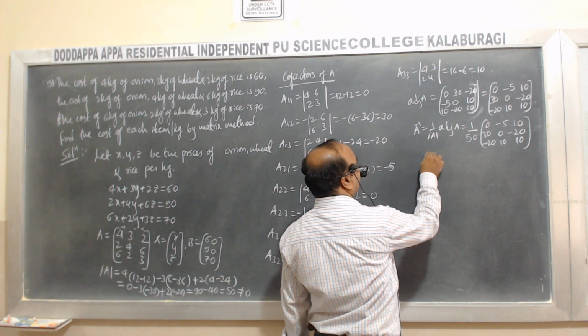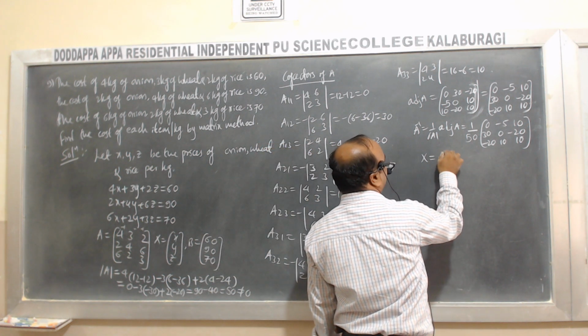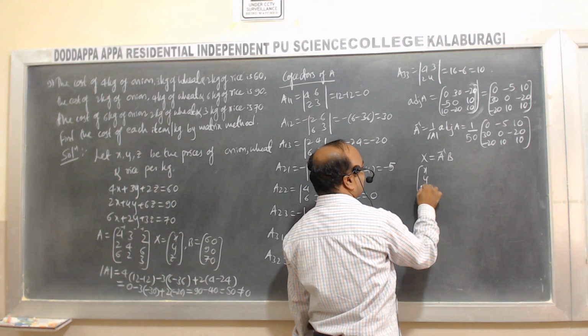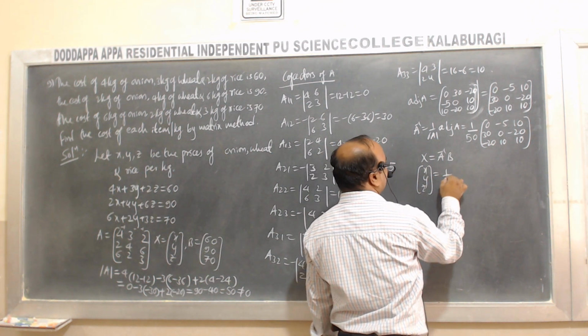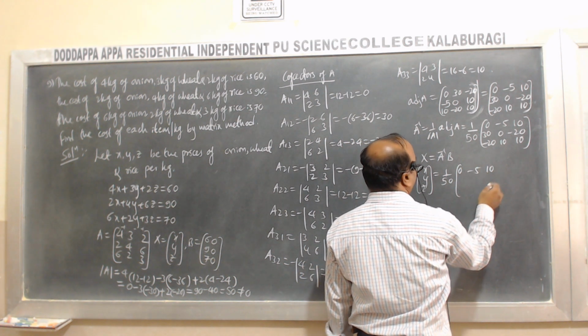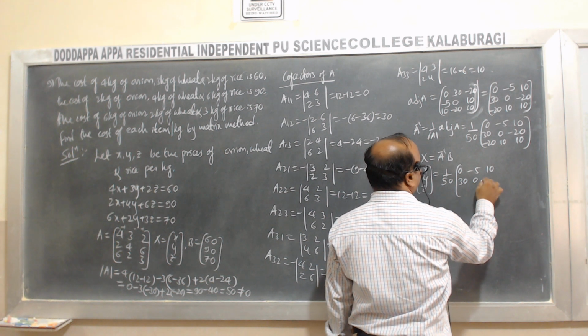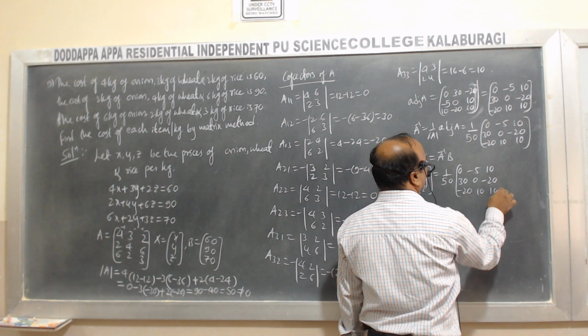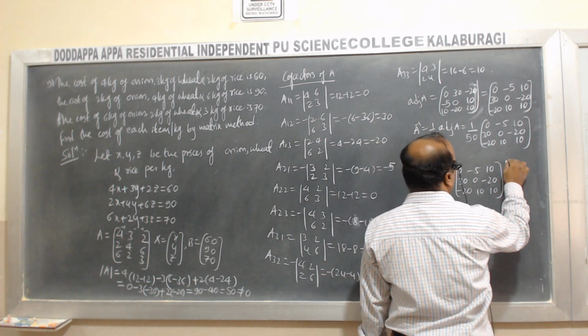Then by matrix method we know that X equal to A inverse into B. X is nothing but x, y, z. A inverse is 1 by 50, 0, minus 5, 10, 30, 0, minus 20, minus 20, 10, 10 into B